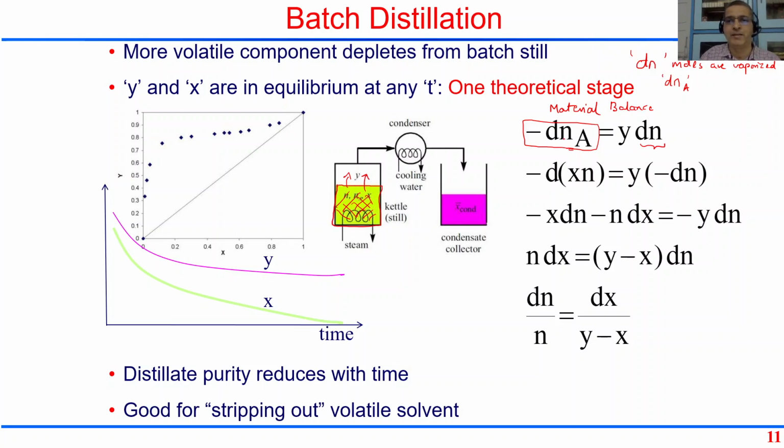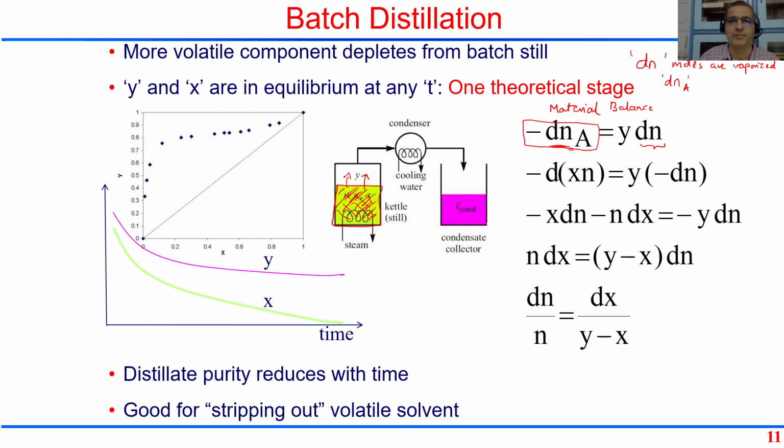So when we write this dn minus dn, the loss of the liquid must be equal to the y, the mole fraction of the component A in the vapor. We don't have to write Ya and Yb now, it's a binary, so we'll just say y as the Ya. y is the mole fraction of the more volatile component in the vapor phase. So y multiplied by dn, and then this loss of the moles of A that has taken place from this